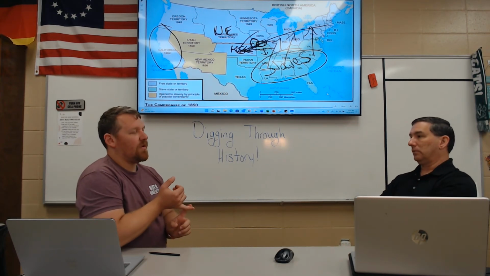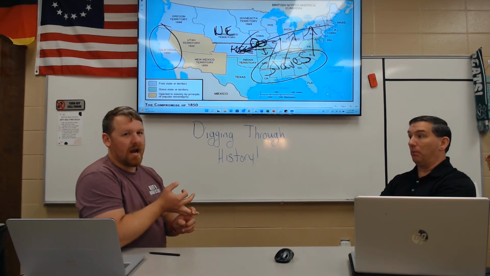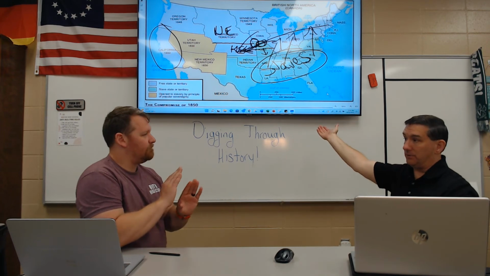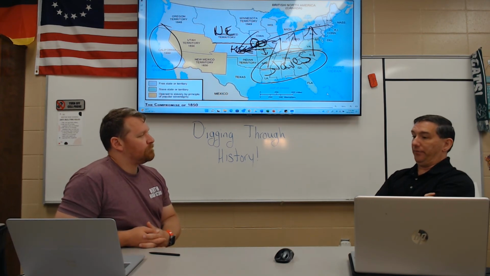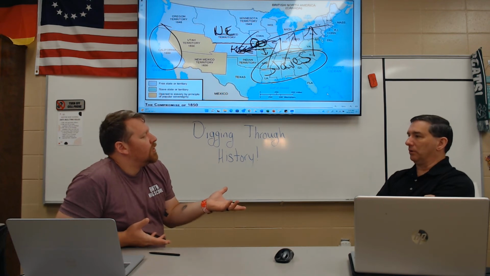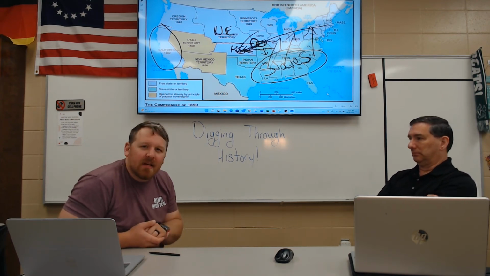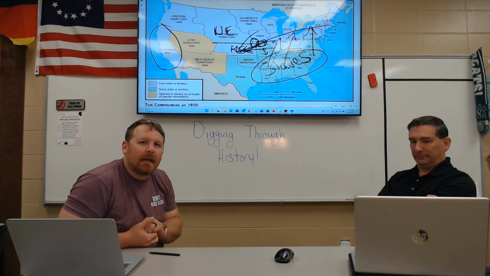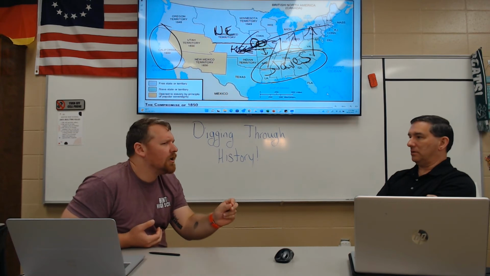Slaves can't be out without an escort after dark. They can't be taught to read and write now. Permanently, because Nat Turner was taught by one of his owners to read and write. And they thought that, of course, that's all that book learning will get you. He read the Bible. He read the Bible, ladies and gentlemen. And he realized slavery is not a good thing.